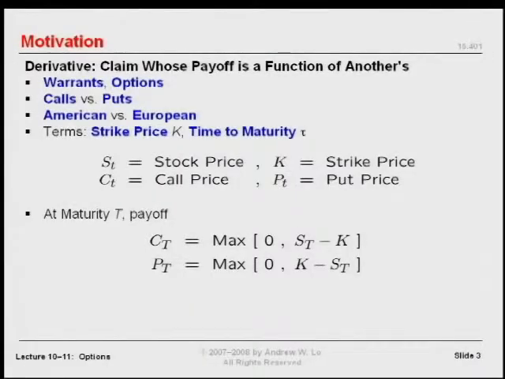So let me first describe exactly what an option is. An option actually is a specific example of something that you now know of more generally as a derivative. A derivative security gets its name because the value of the security is derived from yet another security. It's derivative as opposed to, I guess, fundamental or primary. And examples of derivatives are warrants,